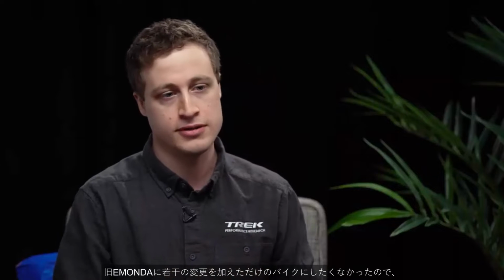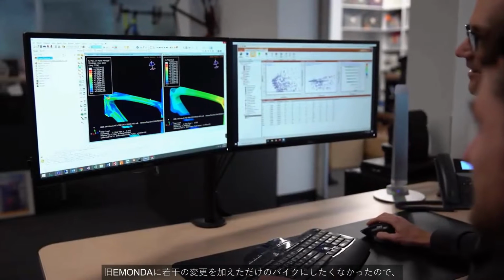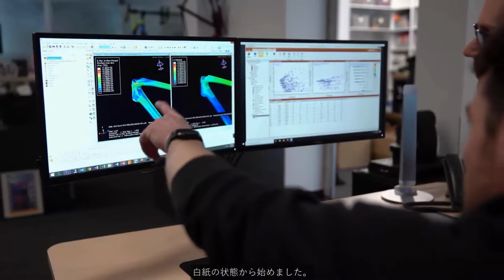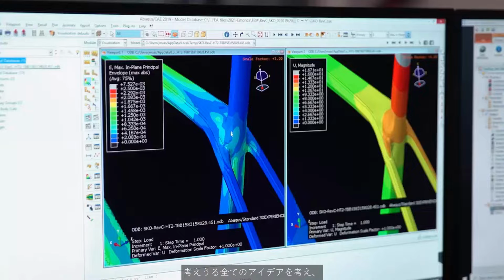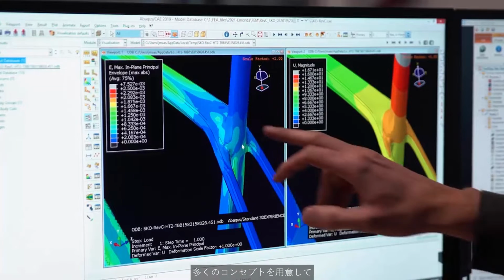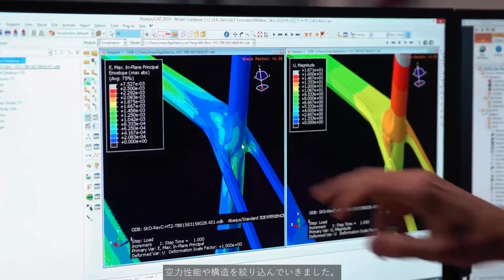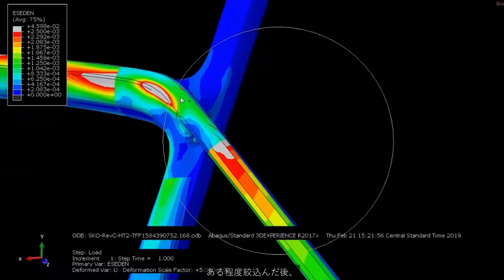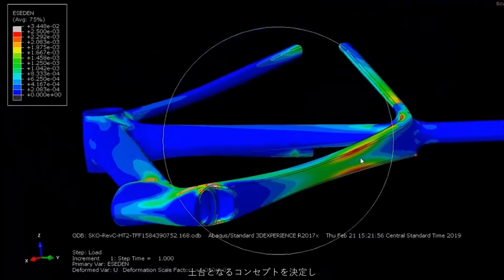Want to just make a small change from the old Emonda. So we had a clean sheet design. We tried everything that we thought might work. Lots of different concepts that we narrowed down looking at aerodynamics and structures. Once we narrowed that down a little bit, we got our initial concept and entered the detailed design phase of